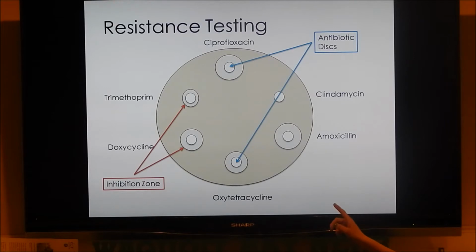Okay. And you measure the number because the number can be different for different antibiotics. And there's standards for all of that, so basically I take the measurement and then I look at the standards, and that allows you to determine if it's resistant or sensitive.